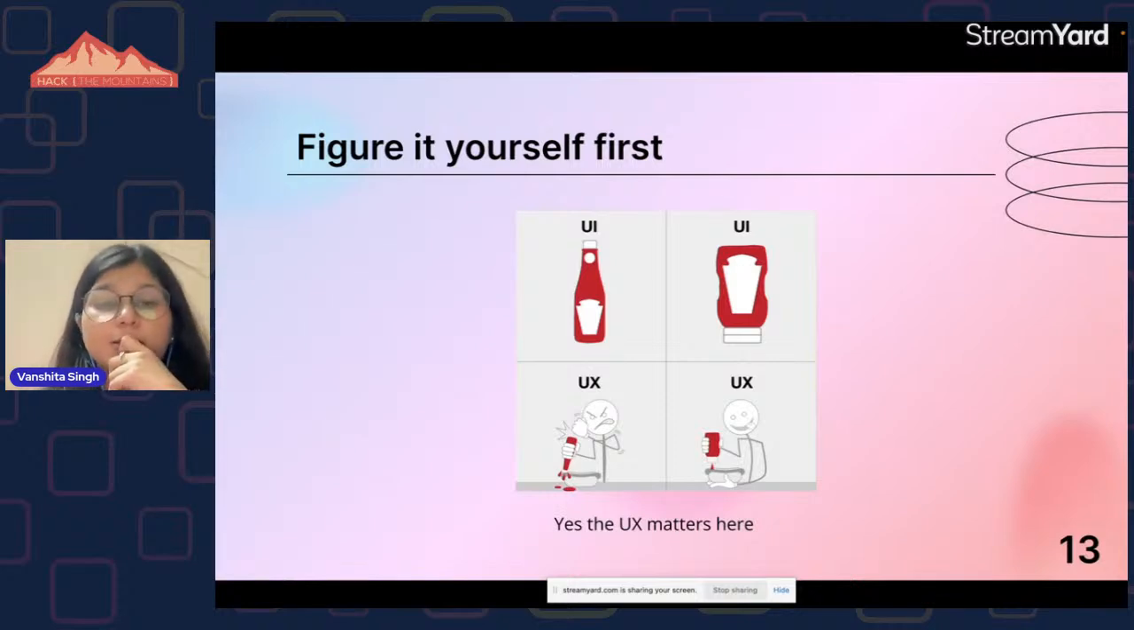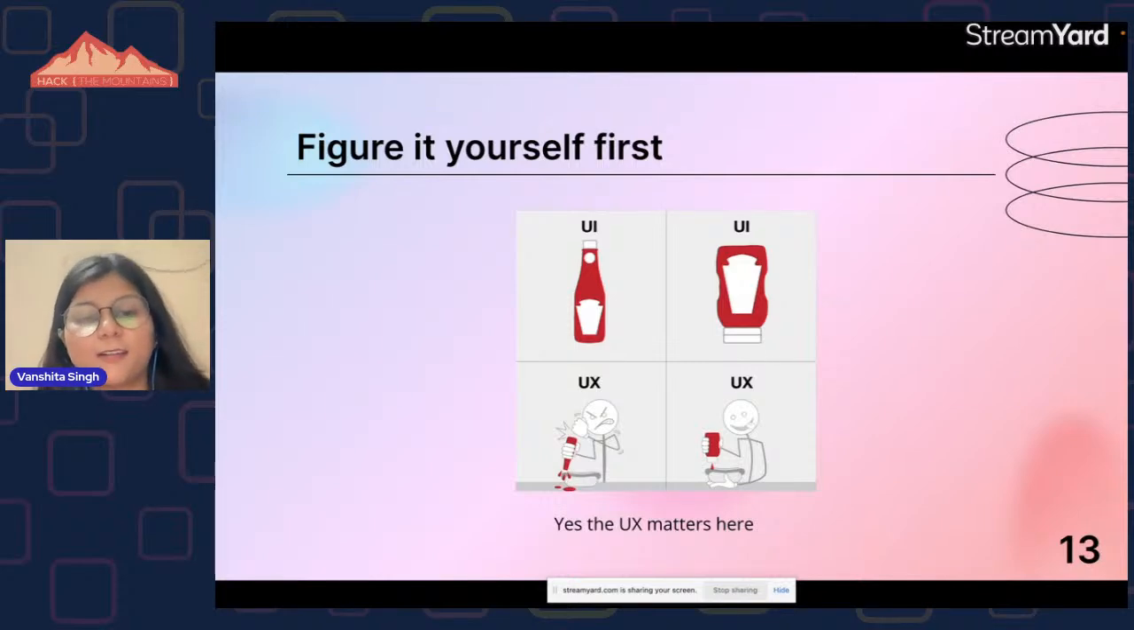Yes, the UX matters here. See, the cartoon character is struggling with the two bottles. He is struggling with the first bottle to get the ketchup out onto his hamburger or hot dog. But in the second example, the character is very easily pouring the ketchup on his hot dog. Why so? Because in the first example, the ketchup bottle is